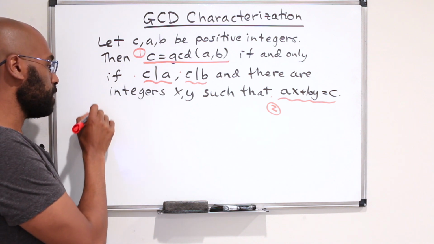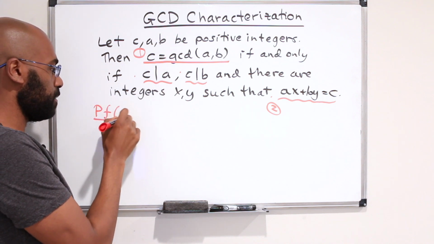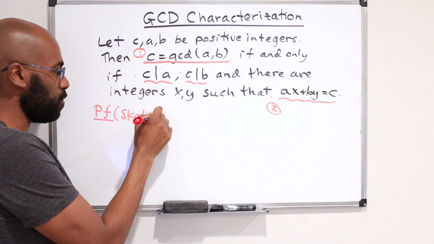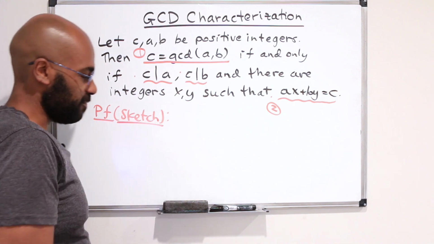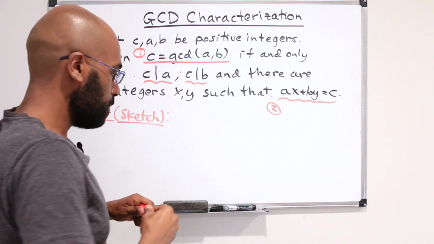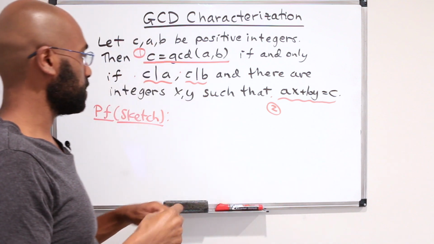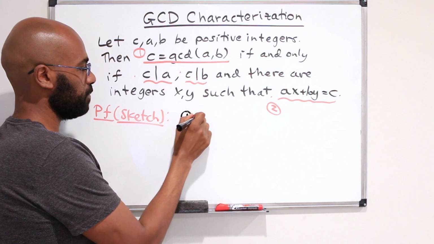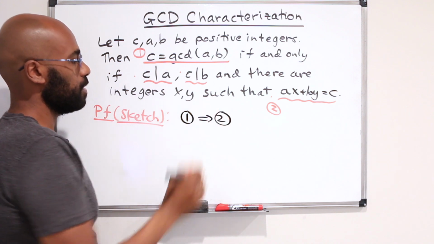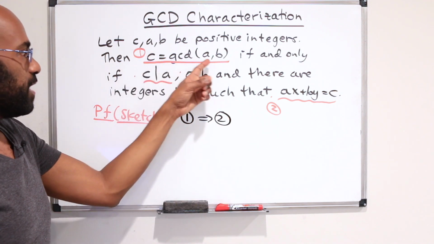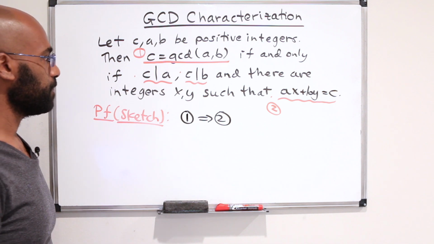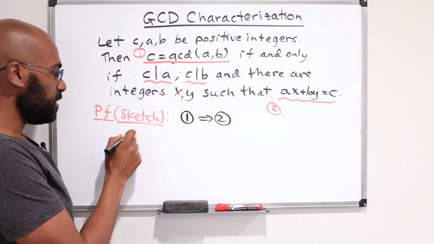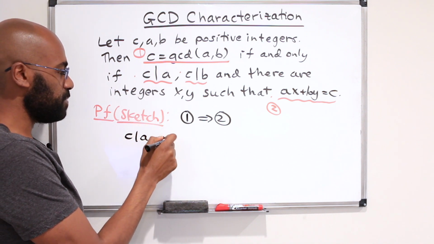Okay, so I want to start with, again, just because of space on this board, I'll have mostly sketches of proofs here, but they outline the details mostly. So first of all, let's show 1 implies 2. Okay, so if C is the GCD of A and B, then you get all three of these. So first of all, C divides A and C divides B